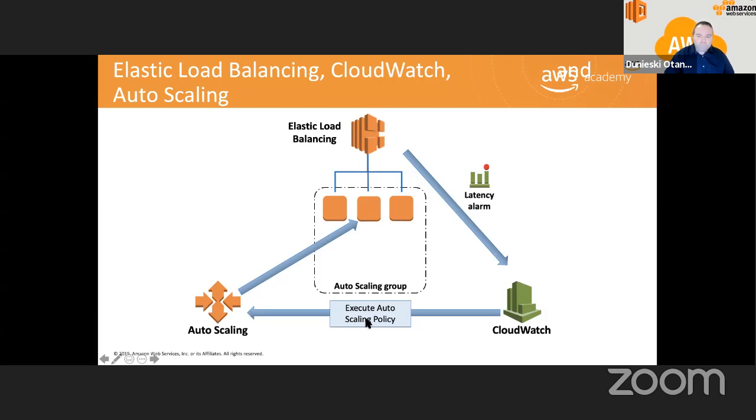So it's like a loop here. Okay. So let's say that auto scaling is telling CloudWatch that the latency is very high. So what you have to do is just